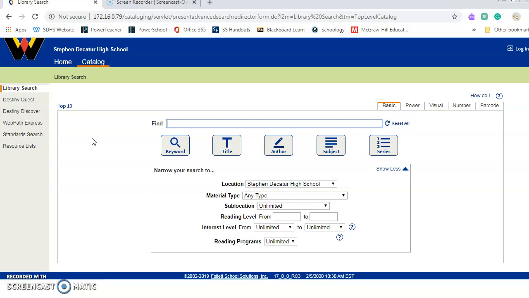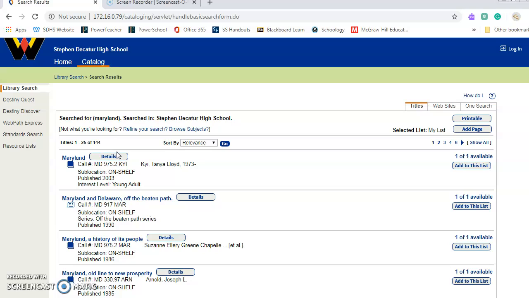So for example, if I type in Maryland and I hit keyword, it is going to give me 144 results, and that's a lot to sift through. So let's say that I want to learn about Maryland history, and I don't know which of these items is about Maryland history. I can go up here where it says Browse Subjects,